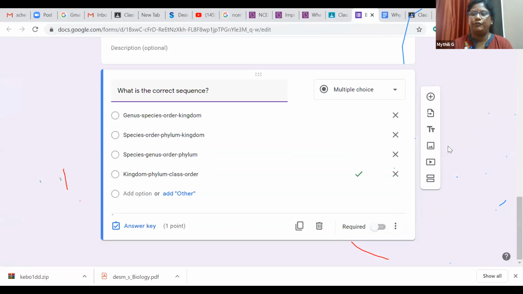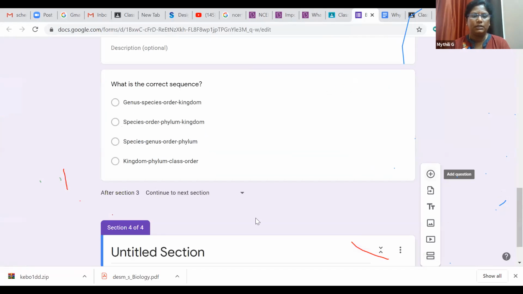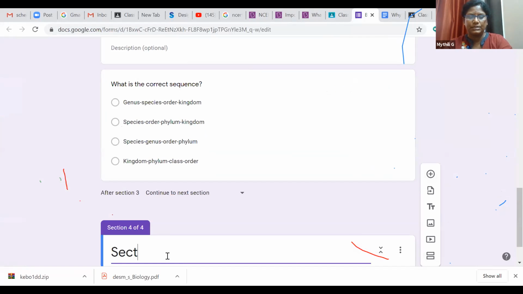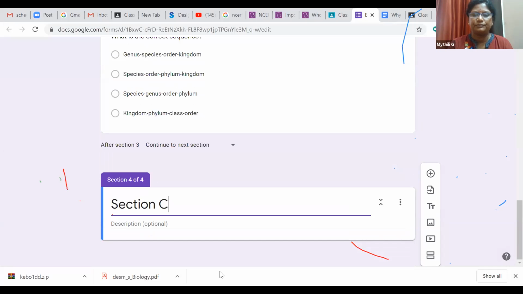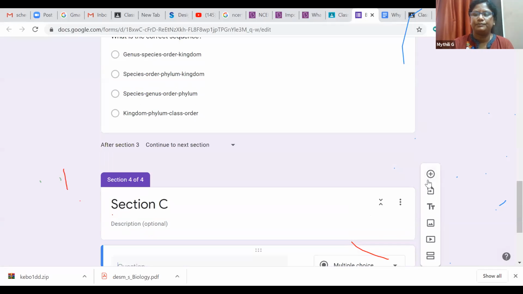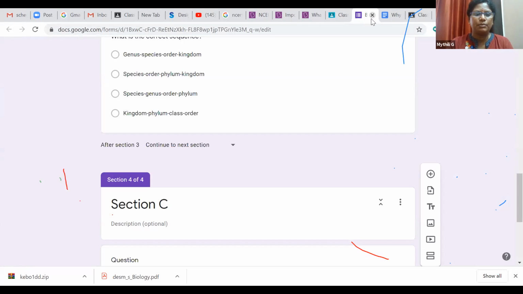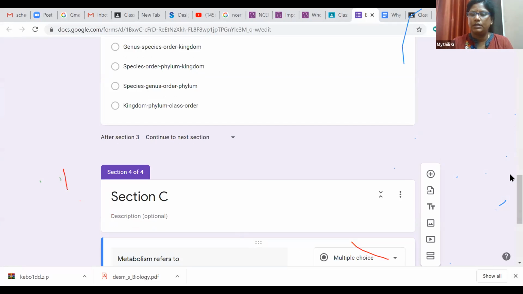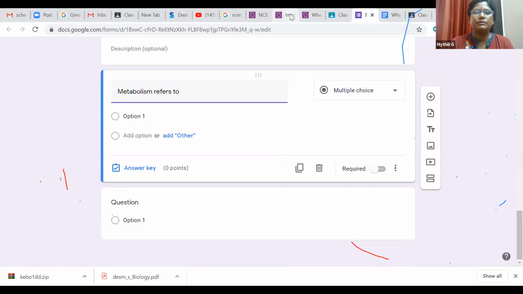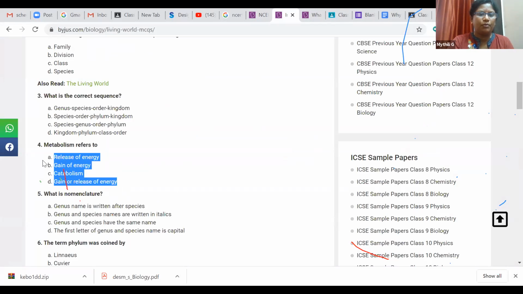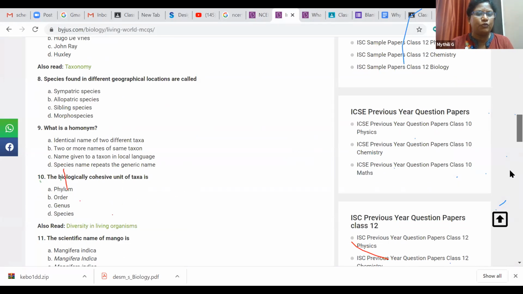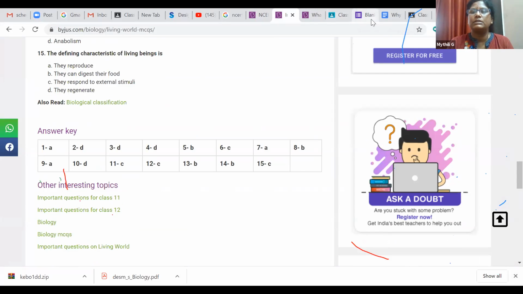And one more section I will create, that I'll call section C. The last, I will add question number 4, this one, and the options copy, and for question 4, D is the right answer.